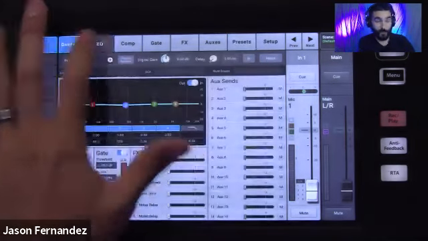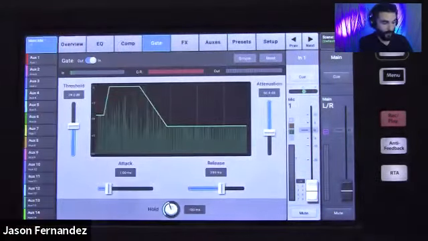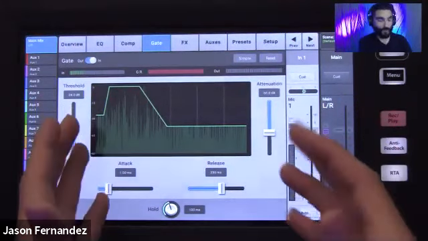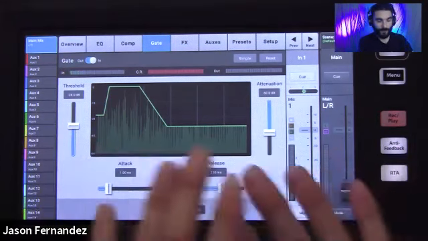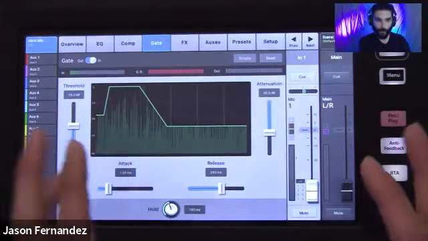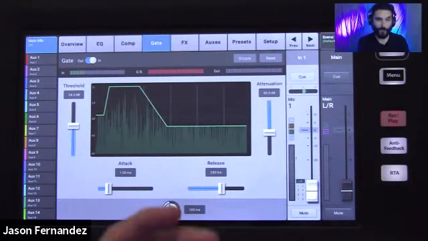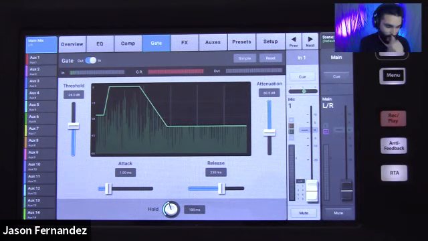With everything I've shown you so far, the basic navigation of the board, how to get into your channel, and where all of these tools are, if you're an experienced or professional sound engineer, seeing how to get around the board as much as I've shown you so far, I could probably turn you loose. I could probably get you up and running. You know where things are, and you can get yourself dialed in accordingly.